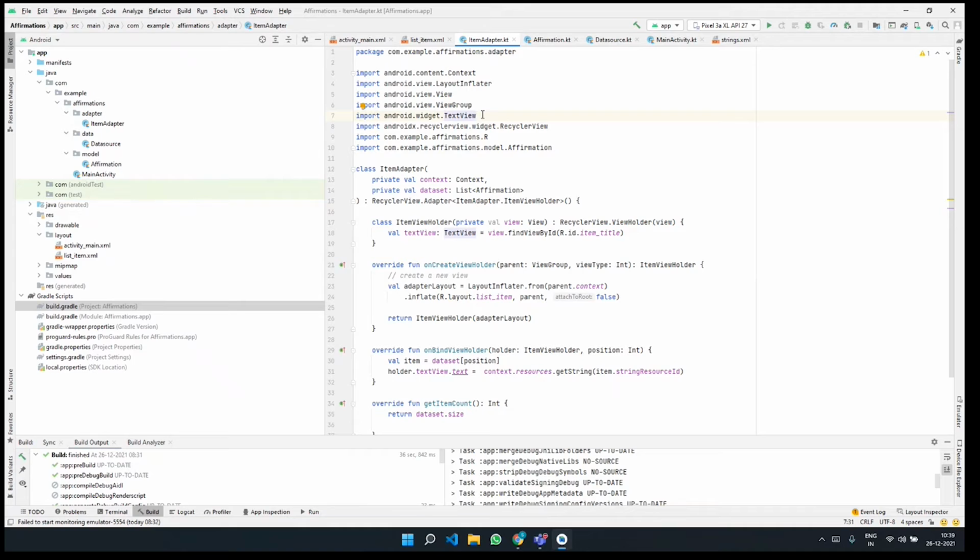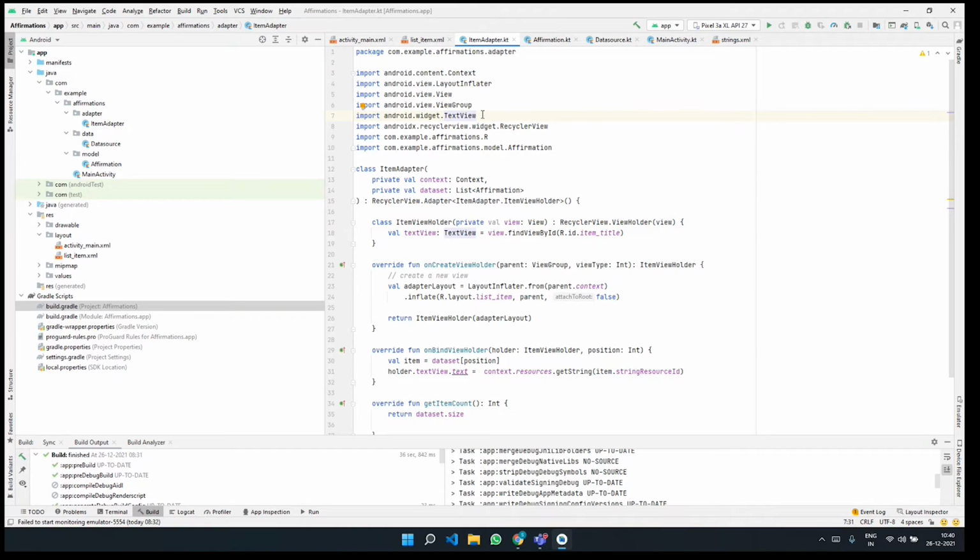Now, the first thing we need to understand here is how the data is being set up. We have to set up the list of data. So all the affirmations that we have been talking about till now have to be set up, and that can be set up